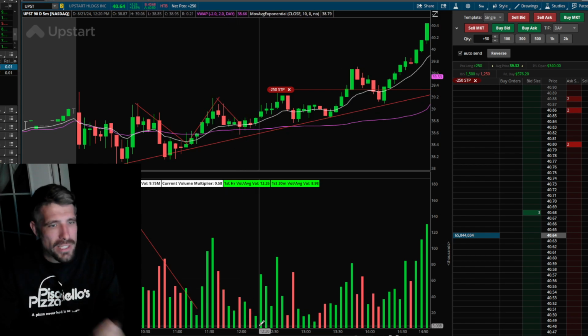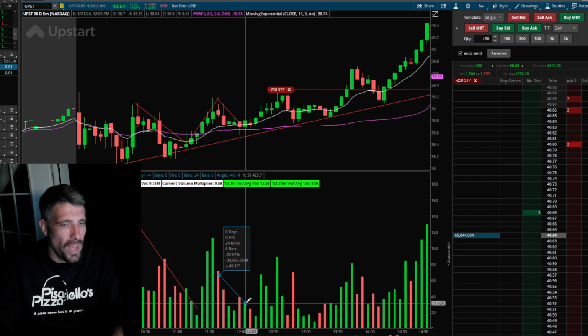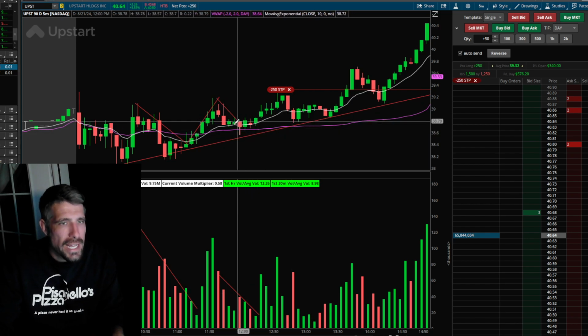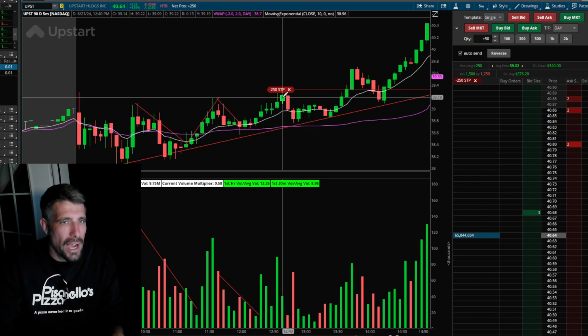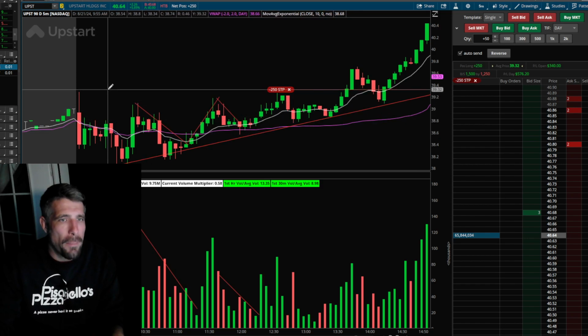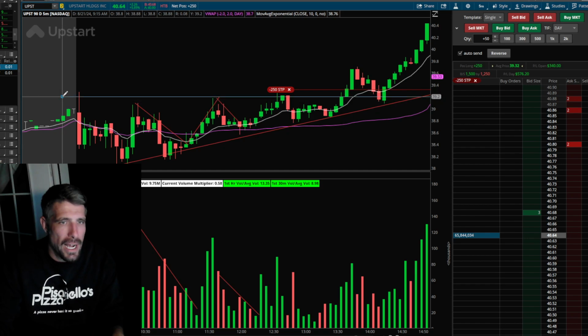So looking at this now, this is just a beautiful thing. Each time it pushes, it's off of low volume and it's higher volume here. So then when we come up into this basing area right here, this is where I was really keeping an eye. This is the basing area, and you can see when it starts to push up through here, it pushes up through on higher volume.